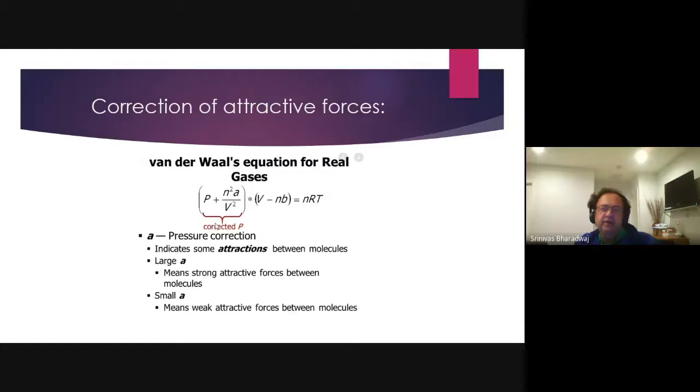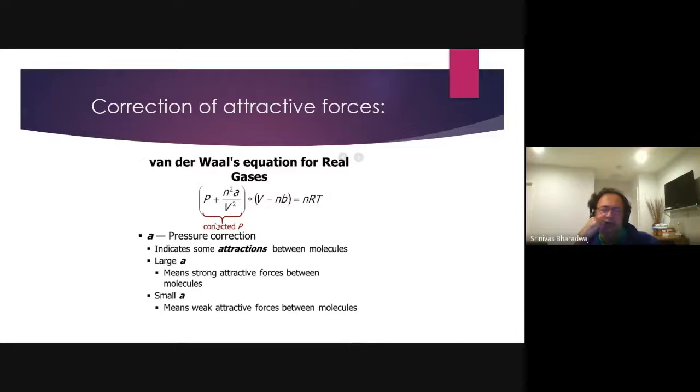Therefore, you have V minus nb, and then you introduce n also in the numerator. Therefore, you have P(V minus nb) equals nRT. Now, PV equals nRT is slightly changed in the case of real gases. Okay, so there's a P plus a term and a V minus nb term. That is, a is basically a pressure correction, which indicates some attraction between the